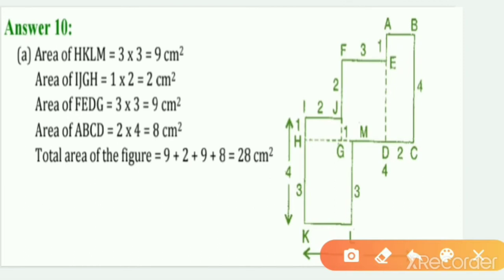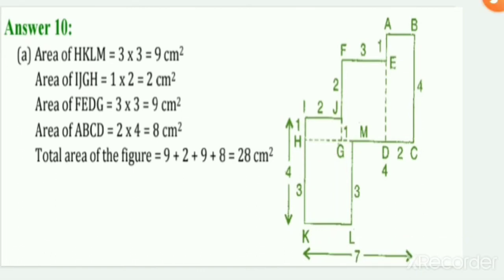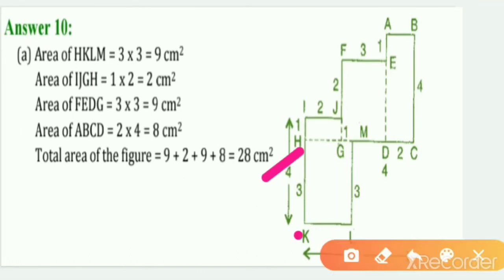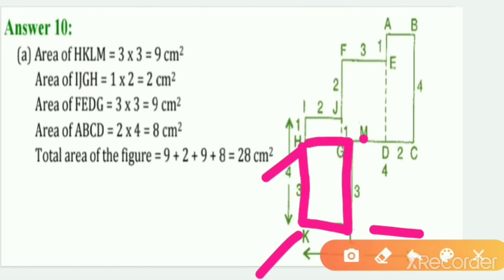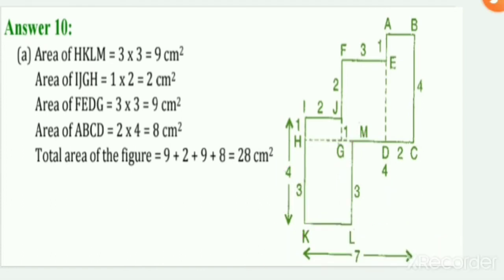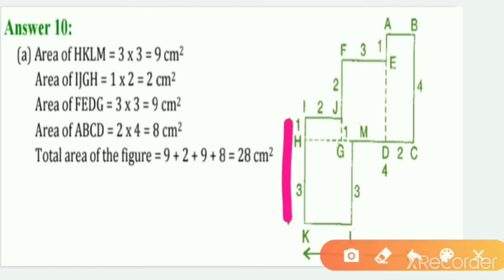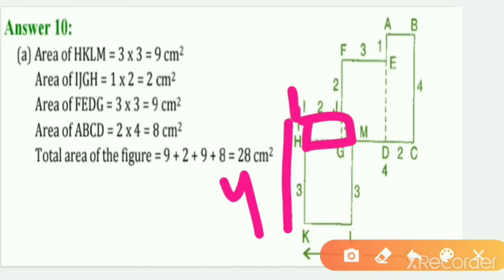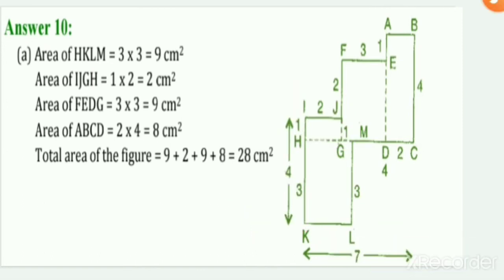Now moving to this rectangle, we have H, K, L, M. This is another rectangle. First we will look for this. We have length 3 and breadth 2, right? I think 2 or 3. No, this is the complete 4. When we make the difference, if it is 1, so 4 minus 1 will be 3. This will be 3 and this will be 3, and this is how much? This is also 3, because